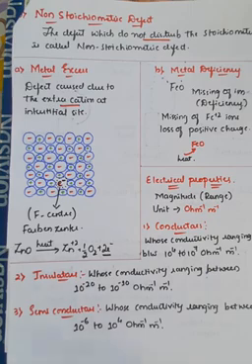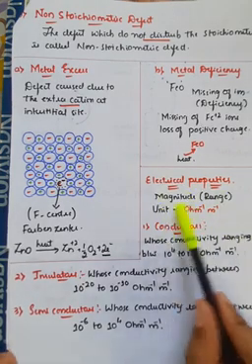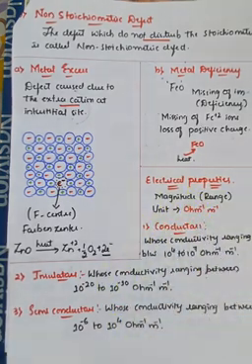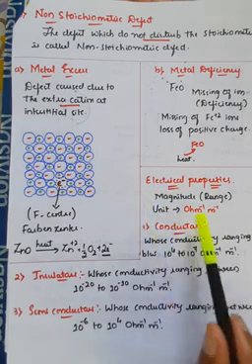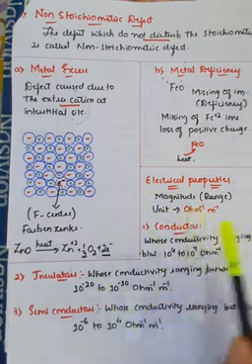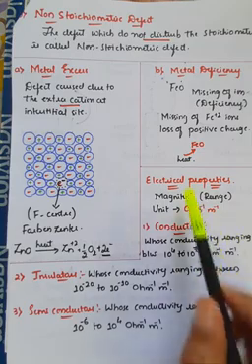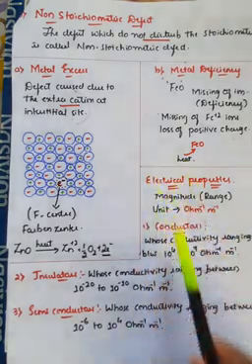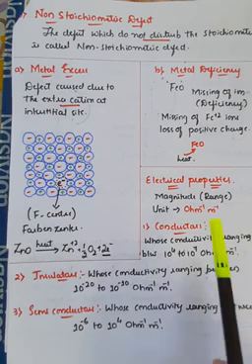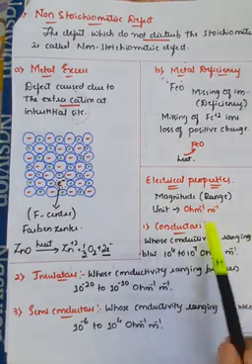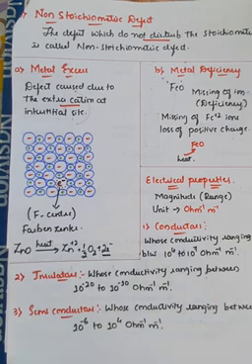The conductivity range is generally called magnitude, right? That can be measured in terms of a unit, and that unit is per ohm per meter. So you can measure the electrical property, that electrical value, in terms of magnitude or range, and that range is measured in the unit per ohm per meter, right?